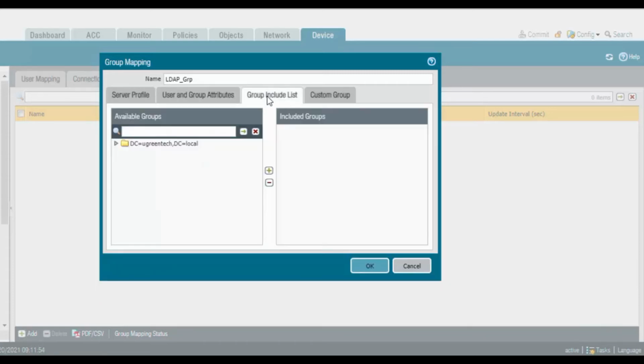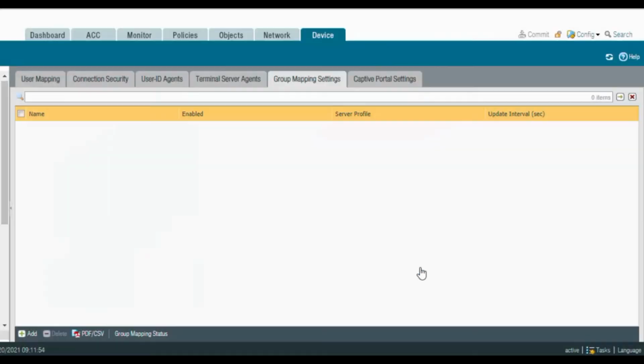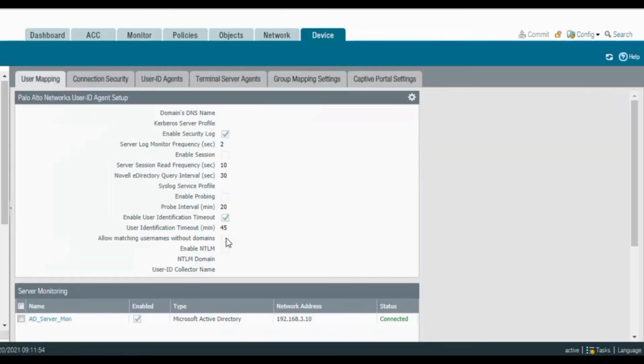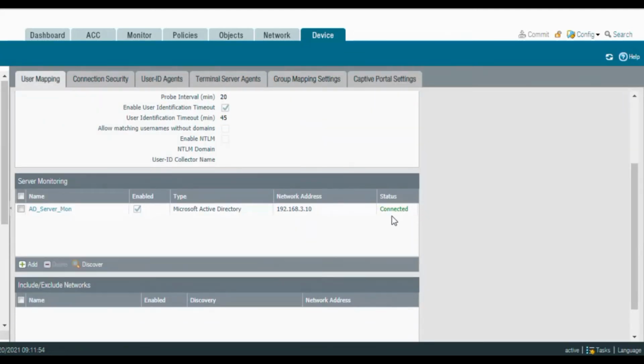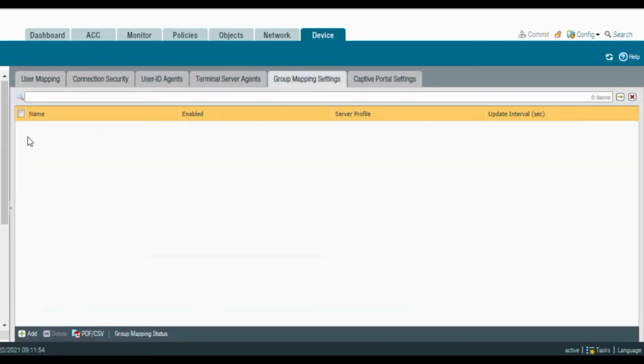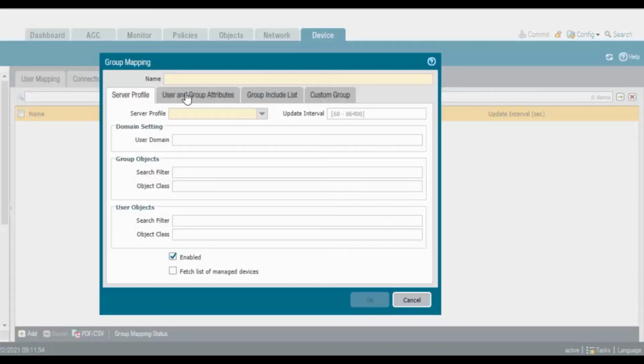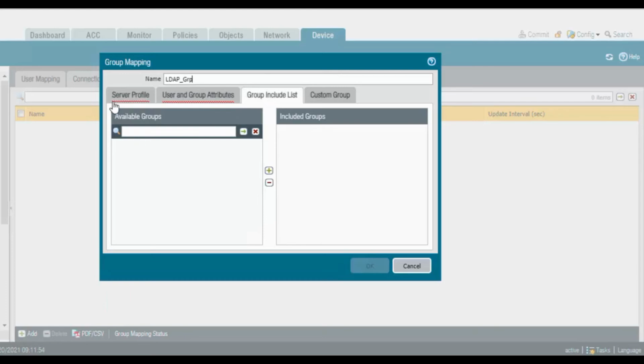After that, go to the group include list. Before that, we need to check user mapping here. It should be in the connected state, because if it is not connected, I will not be able to see the group include list.